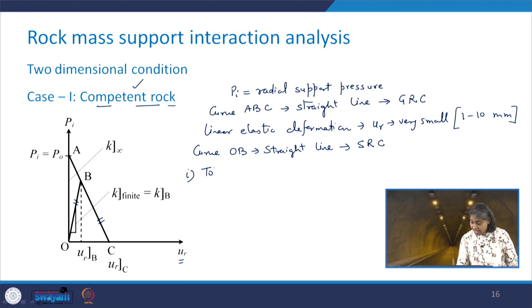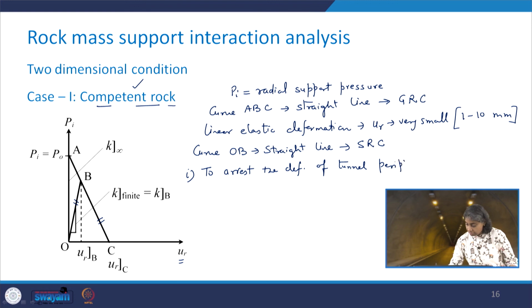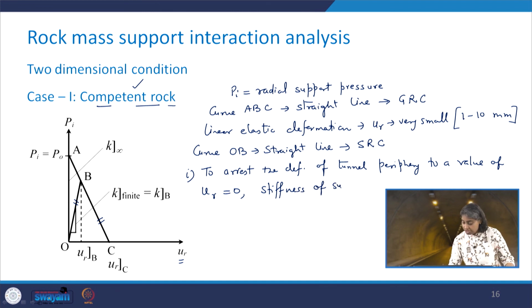So, let us write that: to arrest the deformation of the tunnel periphery to a value of UR equal to 0, what should we do? We should provide the support system, of course. So, what will be the stiffness of the support system in that case? The stiffness of the support system, which I am writing as say K, to be provided